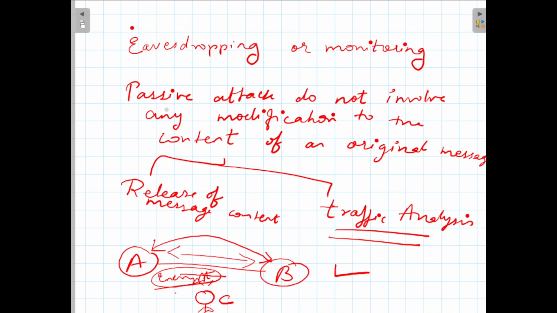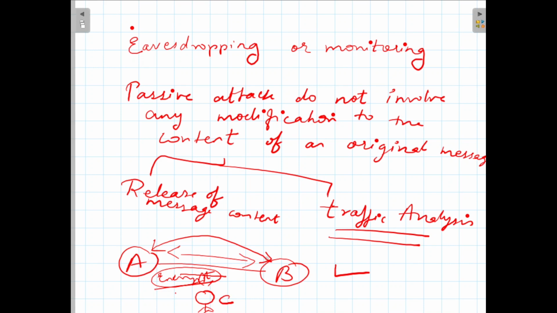In passive attack, as the name itself suggests, it does not involve any modification to the original content. As there is no modification, it is harder to detect. And passive attack, which is also called interception, is divided into two, that is release of message content and traffic analysis. In release of message content, they will just try to read the message sent between the various legitimate users,